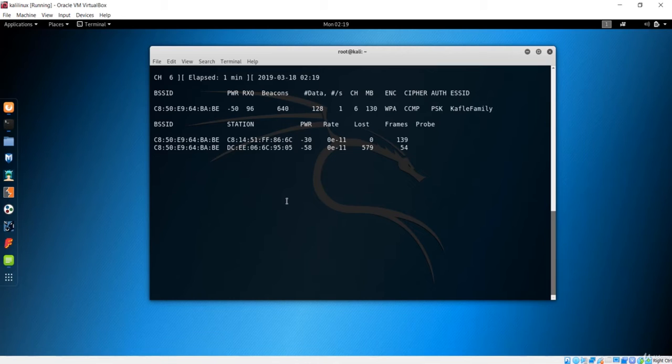But we have the next process, where we'll de-auth that client from that network. We'll make a complete disconnection of the client from the network, and after some seconds they will try to reconnect, and we'll get that handshake. We'll see that now.